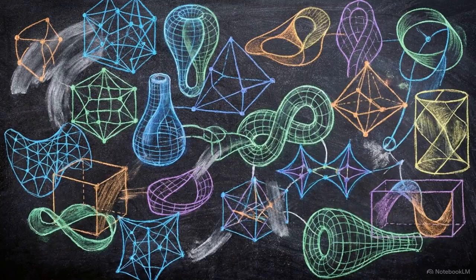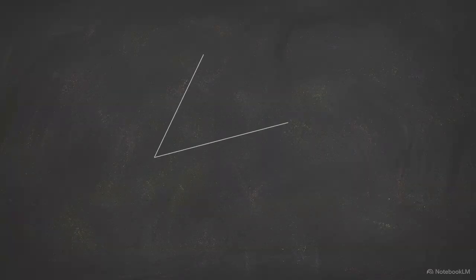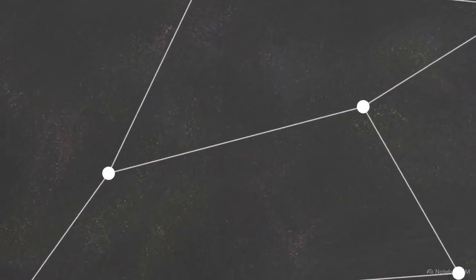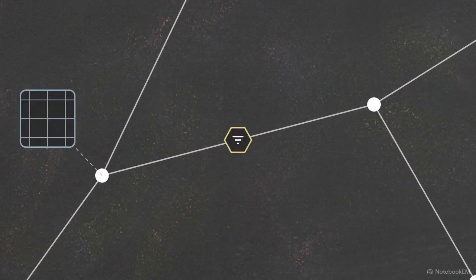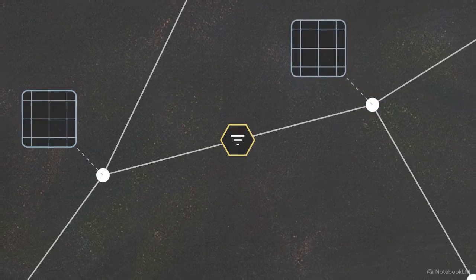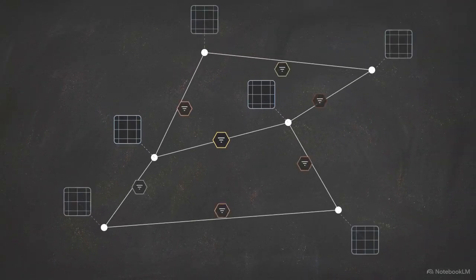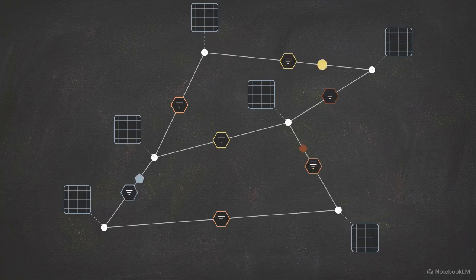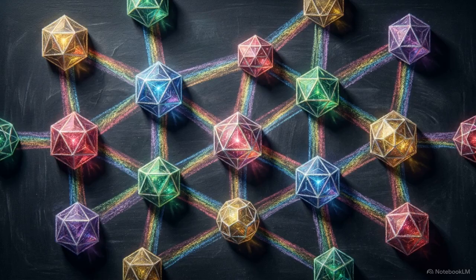The solution emerges from the local-to-global mechanics of algebraic topology. It is called the cellular sheaf. At its core, a cellular sheaf is a discrete data structure. It assigns specific algebraic spaces and exact transformation rules to the individual cells, the nodes and edges of a network. A cellular sheaf defines precise translation rules governing information flow across every edge in the system. This structural upgrade enables network analysis to model deep, relation-specific geometry.